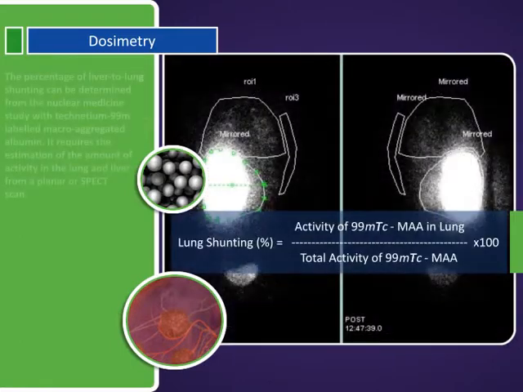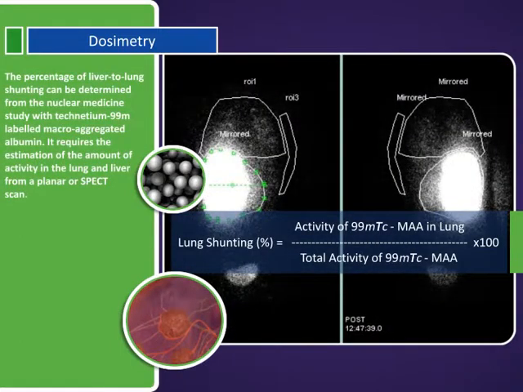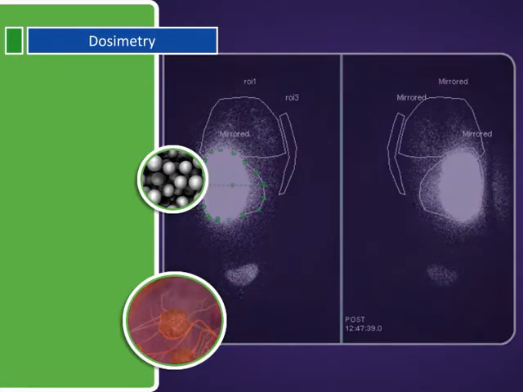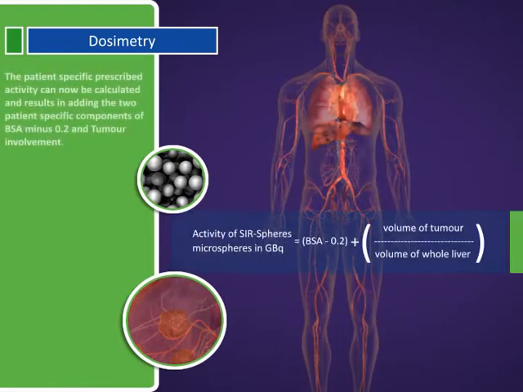The percentage of liver-to-lung shunting can be determined from the nuclear medicine study with technetium-99m labeled macroaggregated albumin. It requires the estimation of the amount of activity in the lung and liver from a planar or SPECT scan. The patient-specific prescribed activity can now be calculated and results in adding the two patient-specific components of BSA minus 0.2